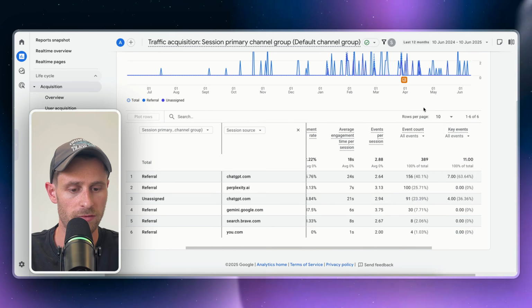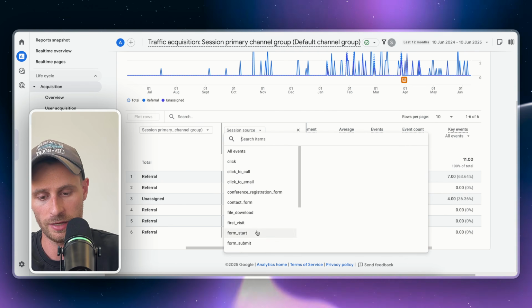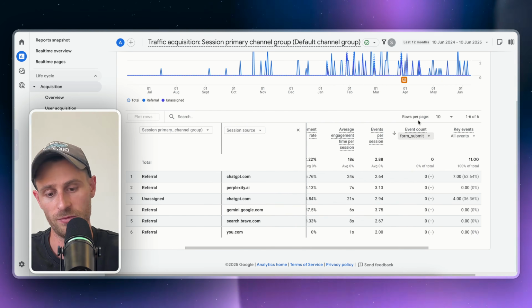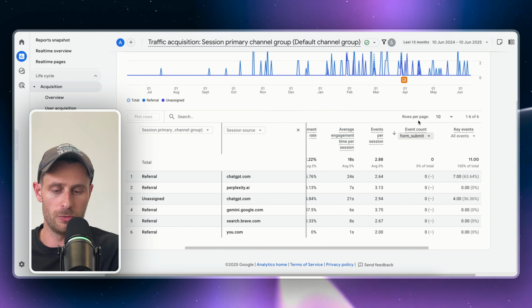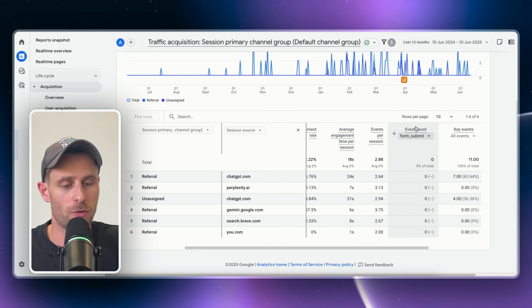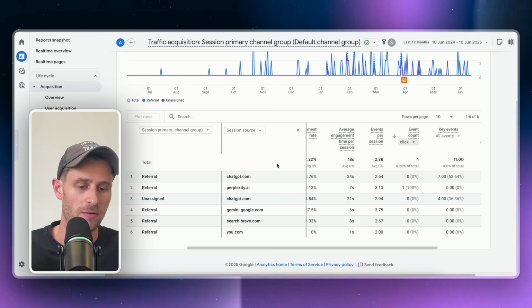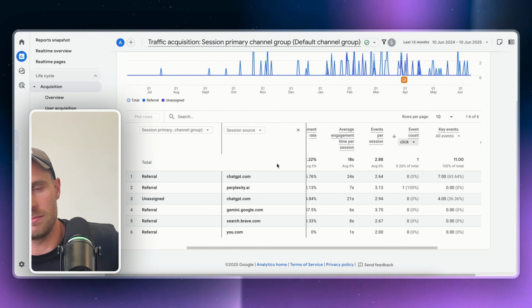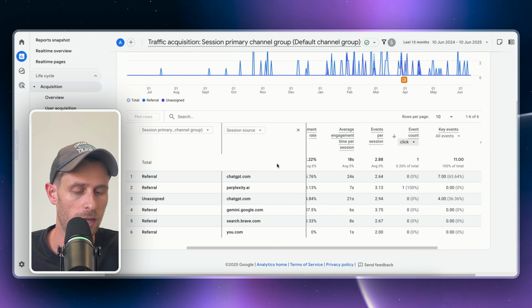But we can also have a look at the number of events that all of the LLMs have triggered. So, for example, in this case, we could even have a look at, say, a form submit, and you can do this on your GA4 and see how many form submits have directly been attributed back to that LLM. Of course, if that event is running, in this case, it isn't. So we can actually paint a bit of a picture as to the impact that the LLM is having, not just on the traffic that's being sent, but also on the action that those users are taking as well,